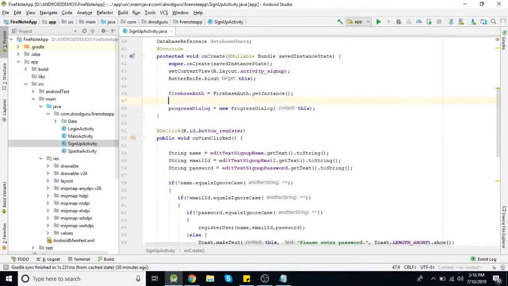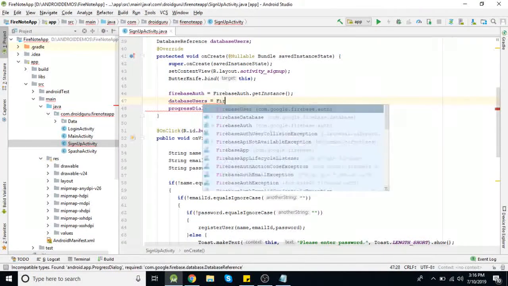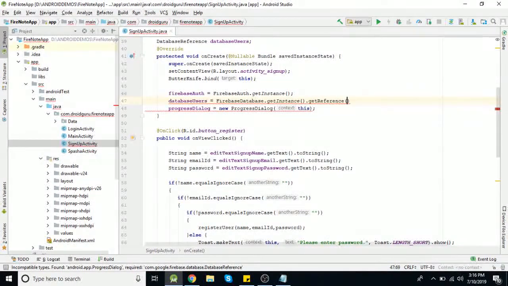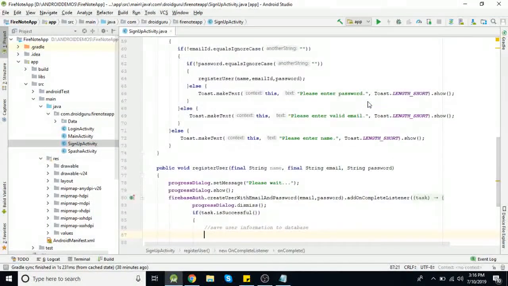So I am initializing it like this: databaseUsers equal to FirebaseDatabase.getInstance().getReference(), and here in the bracket you can specify the table name you want to create. So I am just adding users. So now this table will be created in Firebase, and in that table you can store user information with some unique ID. So where will you get that ID?